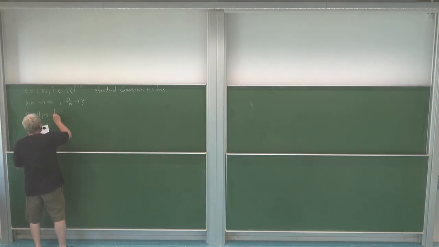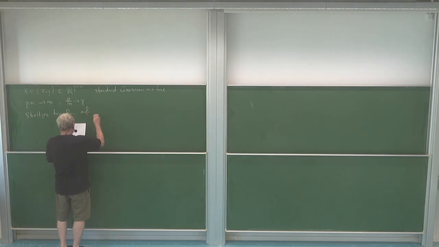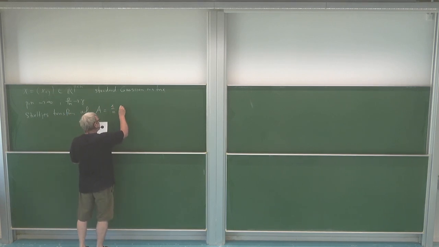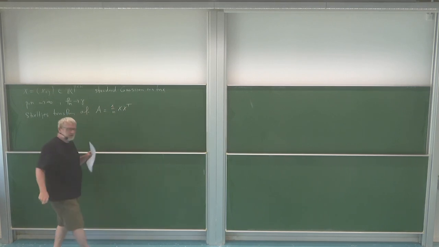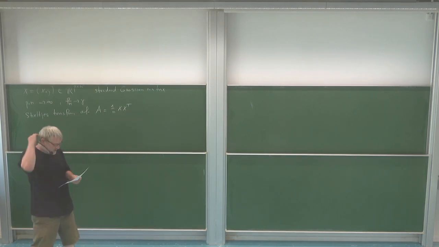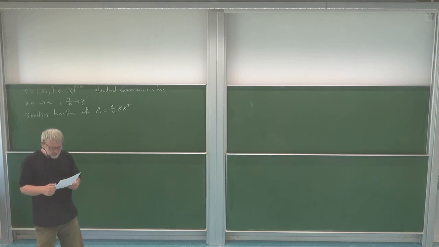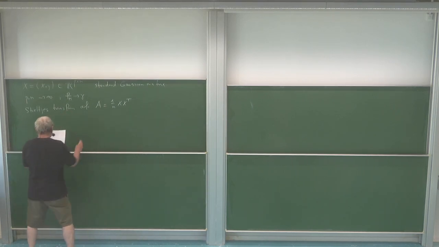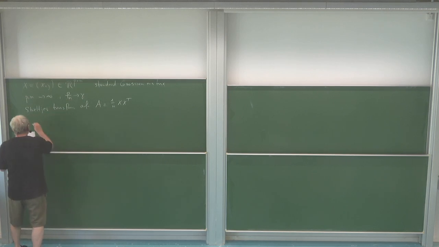So the Stieltjes transform of, let me call it A, that's what we really want. This is 1 divided by N X transpose X, that's our Wishart matrix. Before I called it sigma hat, but hats are not very useful in this context, so let me call it A. And then the Stieltjes transform of A, this is S of Z.